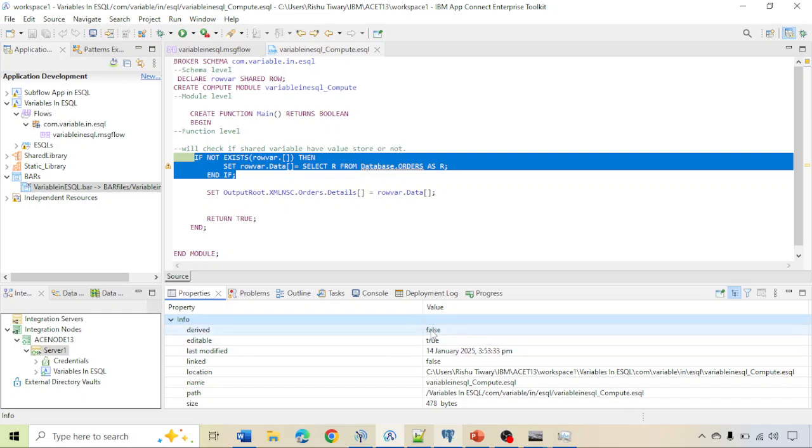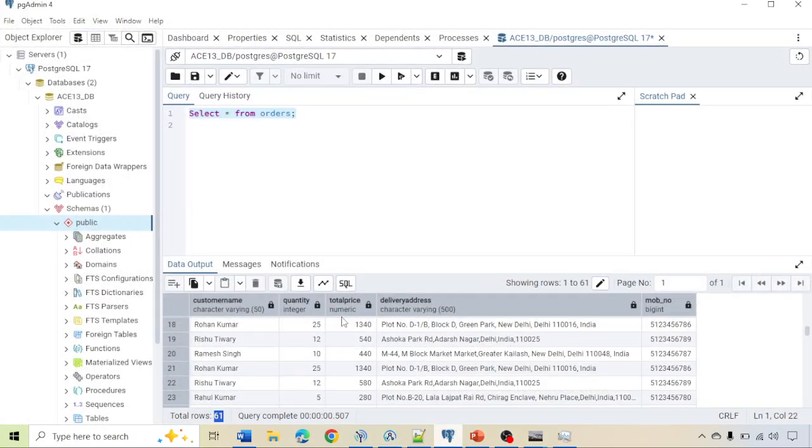Okay, so if I will update this database, suppose let me update a table. Suppose I want to update orders. Let me update this table. Okay, and update orders, set total price equal to,